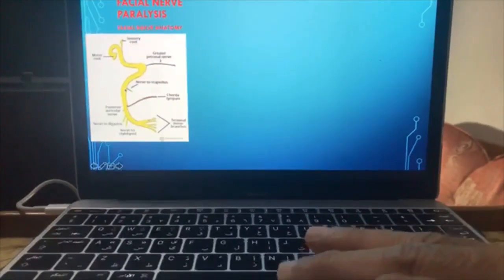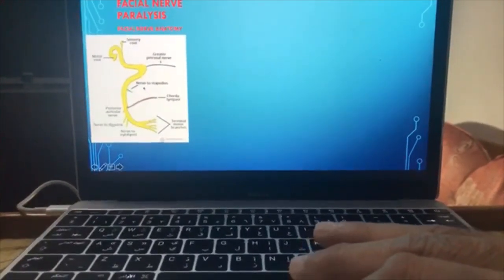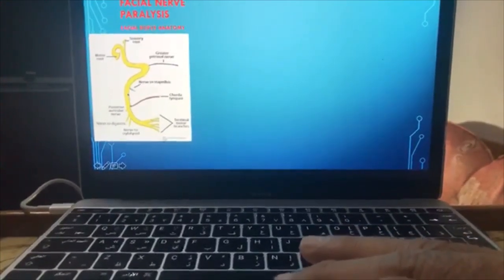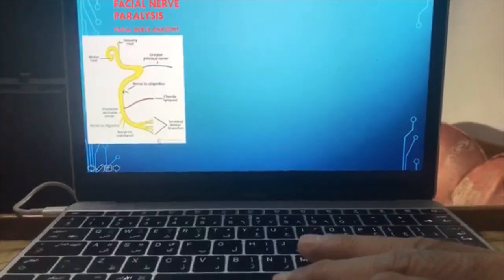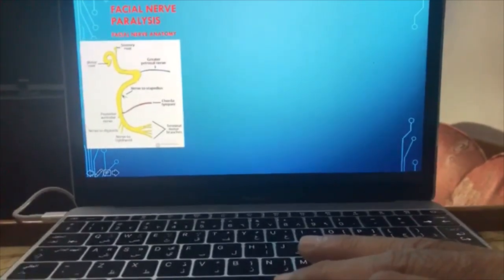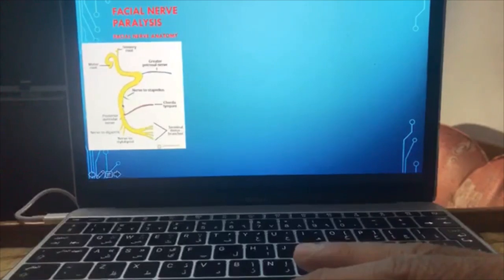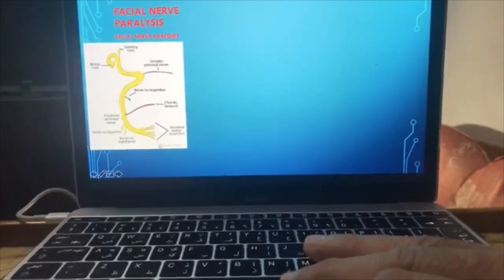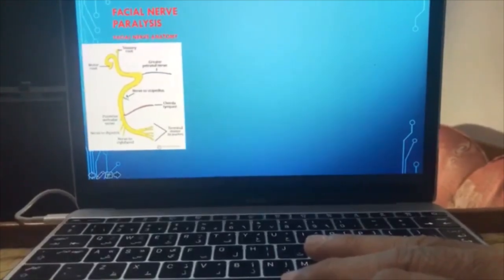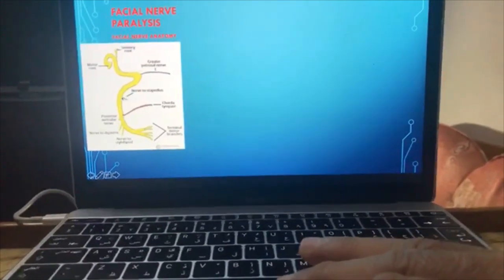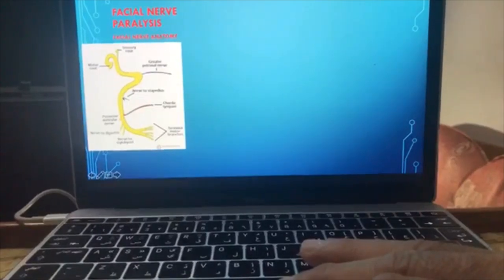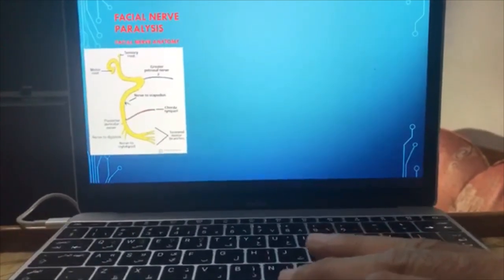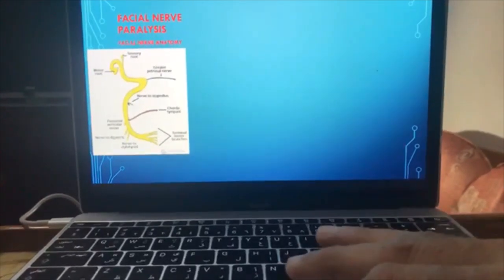And here, the nerve to stapedius. Any cut below, or peripheral or caudal to, the nerve to the stapedius muscle will not affect the function of the stapedius, so we'll find, in an immediate examination, that the acoustic reflex is intact, but above it, the acoustic reflex will be lost. As we go down,